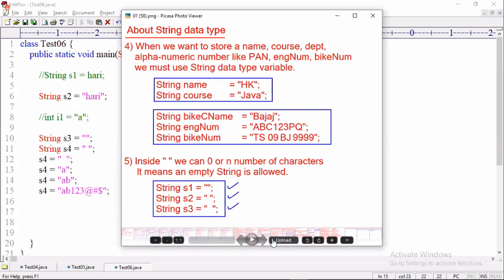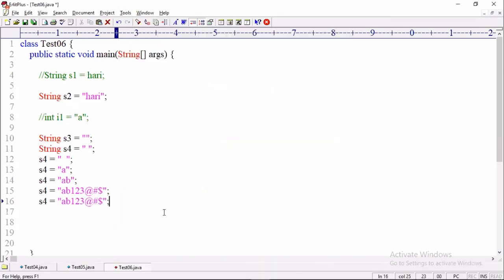Compared to C language, in C language also we have the string concept, right? In Java, we don't have the null character. In C language, generally people say that at last the null character, \0, will be there. But in Java, we do not have a null character. We don't have any additional characters in Java. Just remember it. Don't compare with C language.